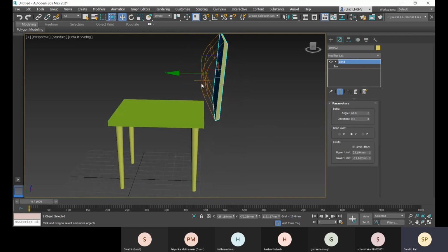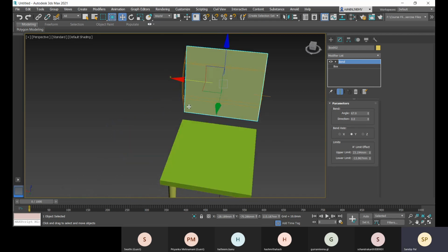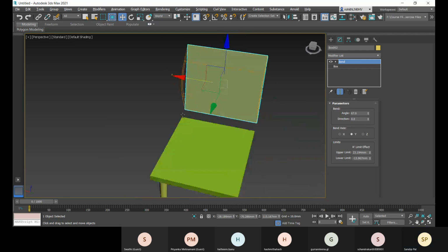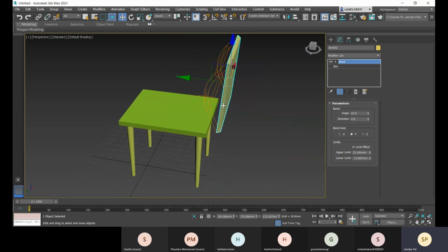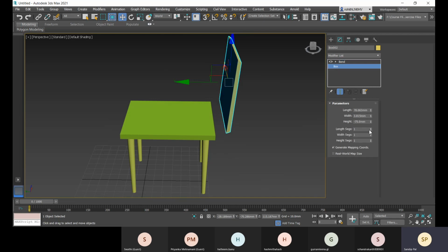Here it is applied. Now you can ask me, sir, why can't I see the bend? It is still straight because there is no segment, right? There is no segment. So for that, you can choose this box, and there you can increase the length and height segment. So let me increase the height segment, width segment, and the length segment.